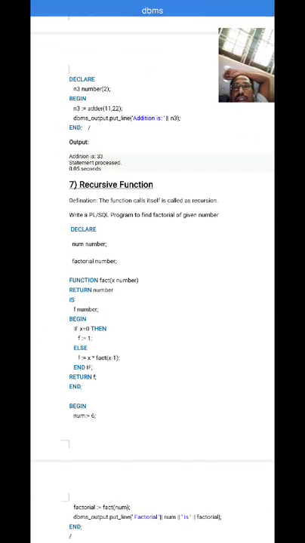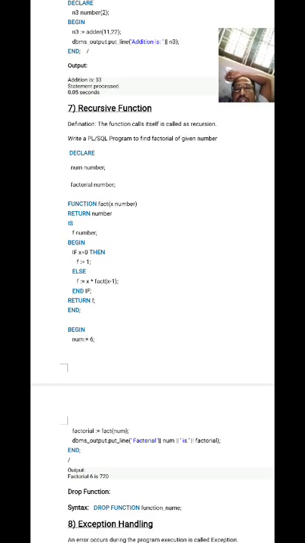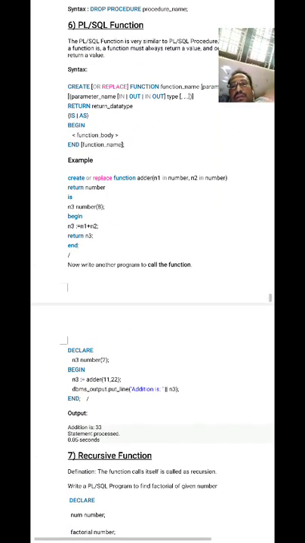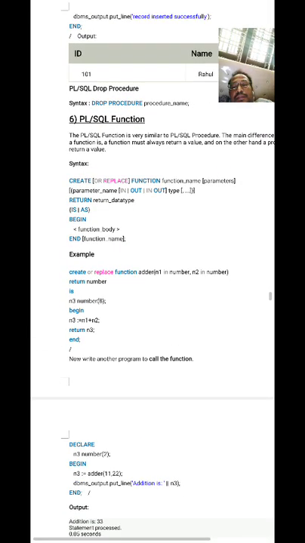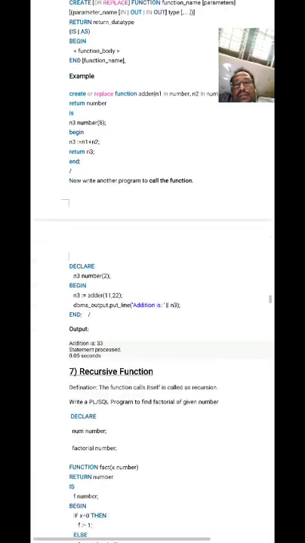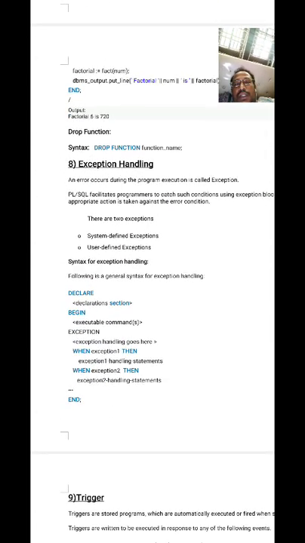Recursive function, this PLSQL function, and the last one is exception handling.